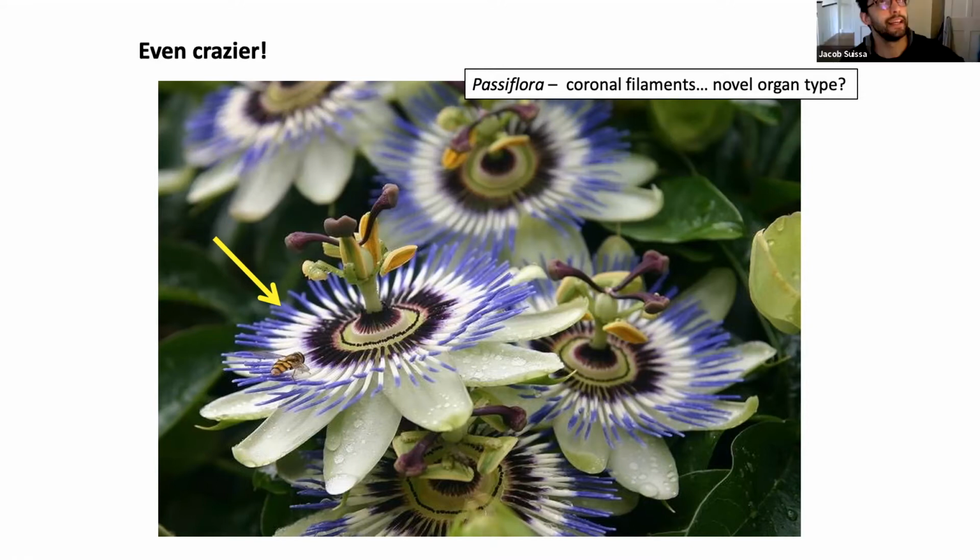Yeah. Well, there are things that we call the corona in other plants. Whether they're the same thing, I'm not entirely sure. I think you might want to Google this, but I think in daffodils, the narcissus, we call that inner tube a corona. I'm not entirely sure, but yes, to answer your question, there are things like this in other plants, but